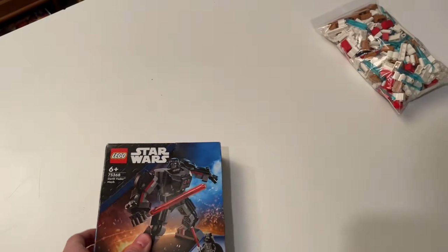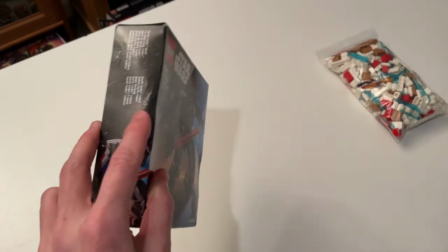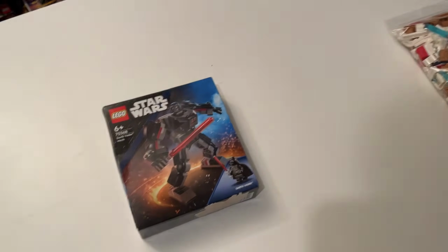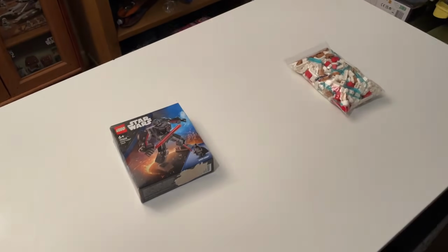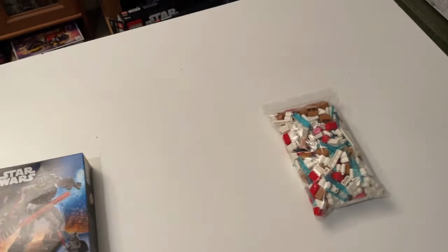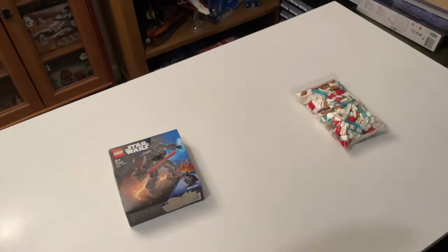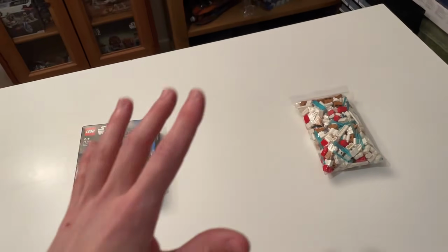But for me, I started off with buying new and used sets, and what's good is I could get the damaged boxes for a cheaper price and then just take the minifigure out and then sell those pieces. So that's what I would usually do at the start. See if you can try and get a reduced price for damaged boxes. Yeah, there are many ways you can start with Bricklink, and obviously with used pieces you want to focus on